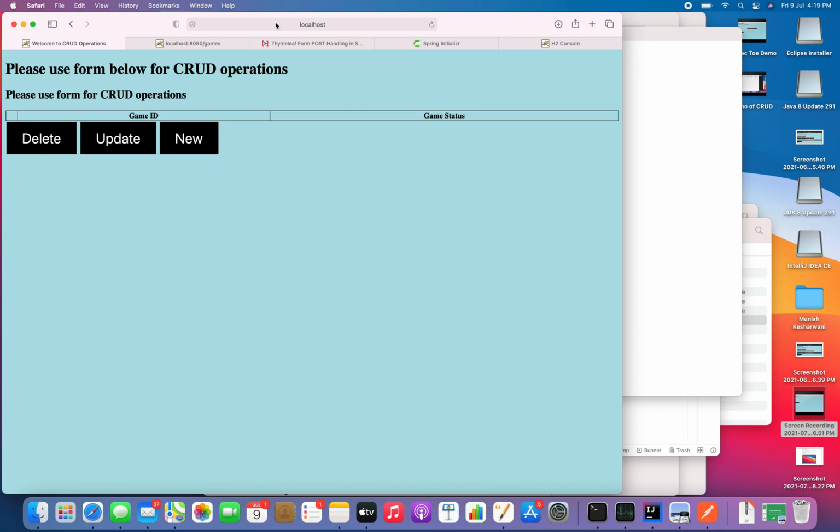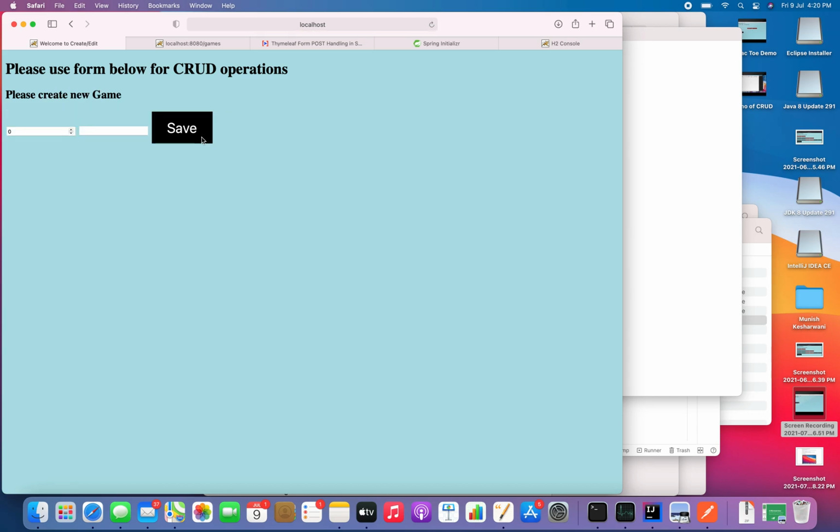So this is a Spring Boot web application which in the beginning shows that I don't have any game data, and this is the web interface. Let me show you that I can enter new game data and say that the game ID is 1 and the game was in progress when I left it. For demo purposes, we have not saved all the fields, like the 9 cells of the game, but later on it can be enhanced.